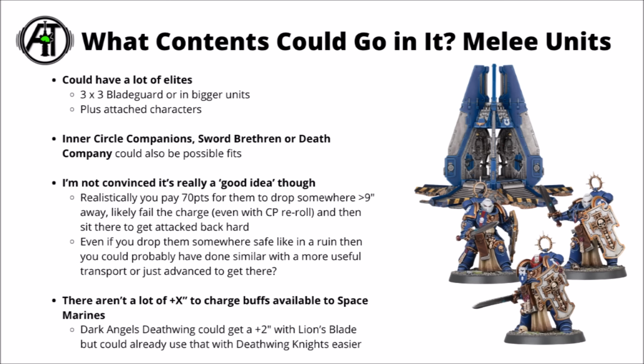Realistically, if you load one up with melee units, best case scenario is that you drop it 9 inches away. The units have to stay 9 inches away, so they've got a 9-inch charge to make into the enemy units, potentially not even against particularly optimal ones if the opponent's screening and no doubt sees this coming. And then the vast majority of Space Marine units out there are likely to fail that charge, even if you spend a command point reroll on it, which could be a command point wasted,